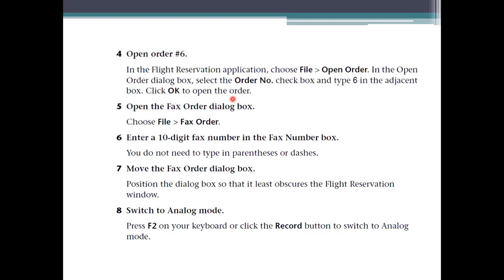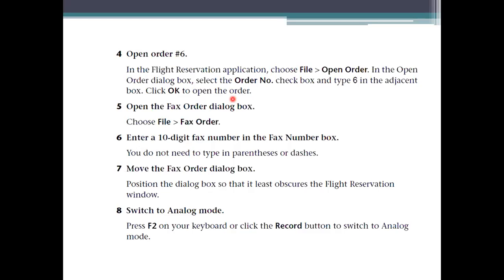The fax order will be sent to the person who is making the reservation. For that they have to enter the 10-digit fax number, and they will send that fax number, and they are known for this process to make the reservation here.